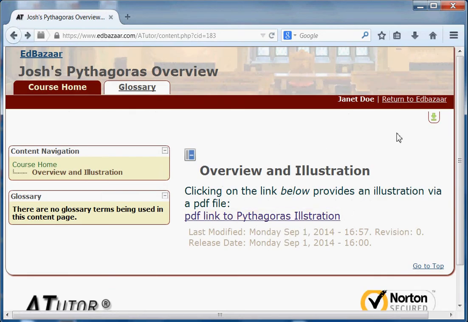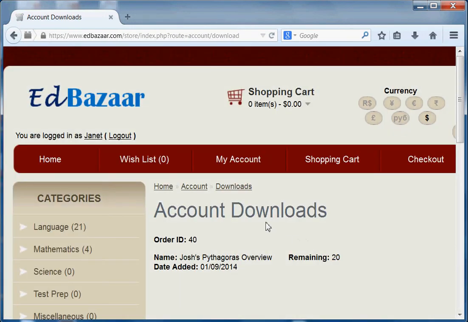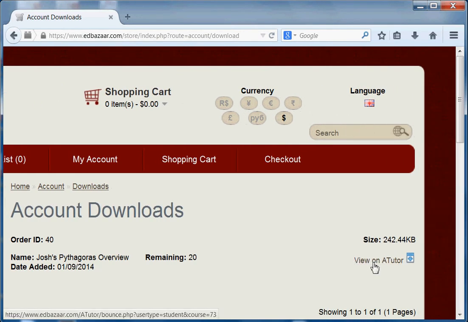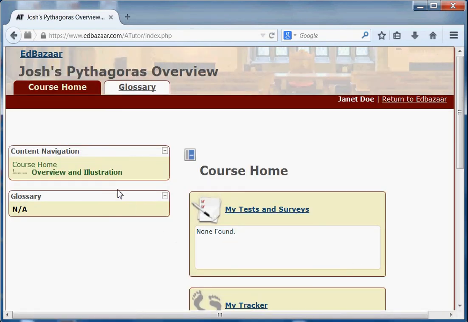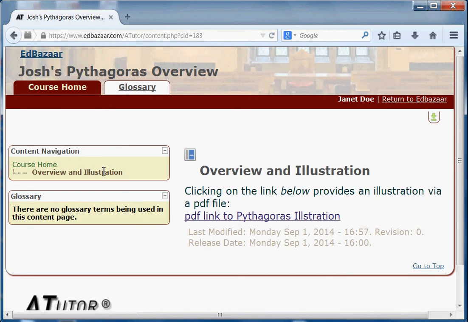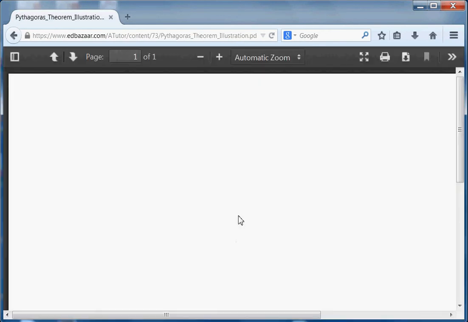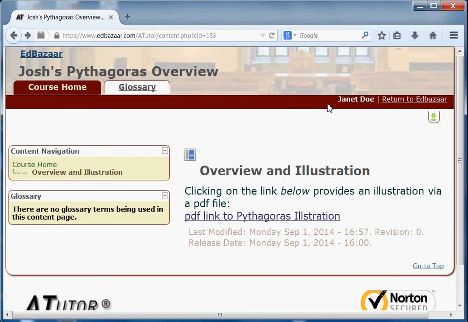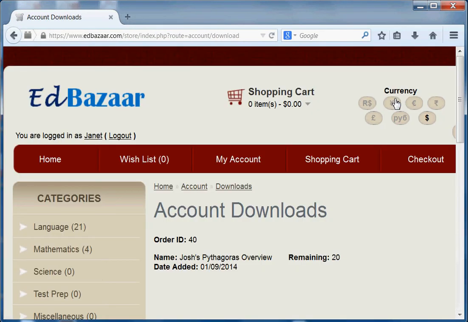And once you've viewed it, you can return back to EdBazaar by clicking return to EdBazaar, and you're back to your account's downloads page. And anytime you can go to the downloads page, click on view on a tutor, and you can see the entire content. So you can view this as many times as you desire, and you can print it out again, you can download it again, and so on. Again, if I return to EdBazaar,